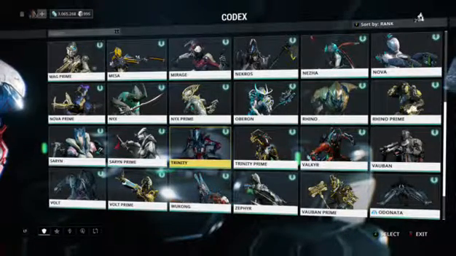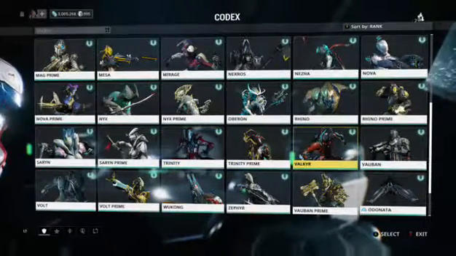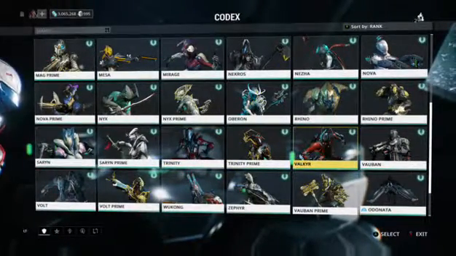Trinity drops from when Lech Krill and Captain Vor are together. So it's a 2-boss fight at the same time. And they drop Trinity on Phobos. Valkyr is going to come from Alad V